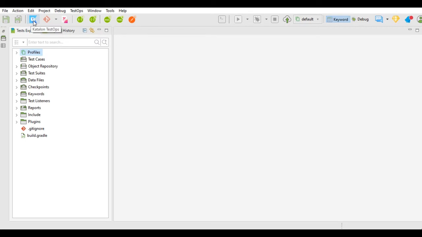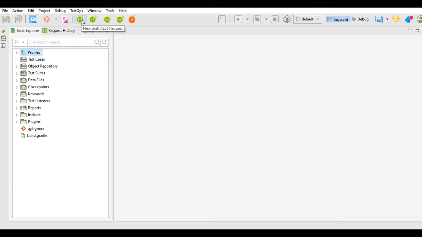This is the Katalon TestOps button to integrate Katalon Studio with TestOps. This is Git to integrate Git with Katalon Studio. Smart XPath is available for the enterprise version, and the trial is available with the free version.